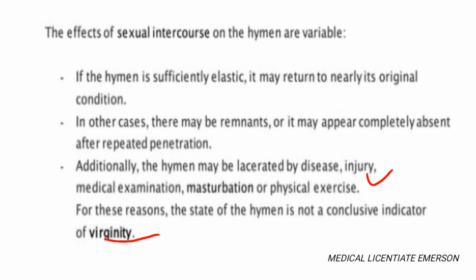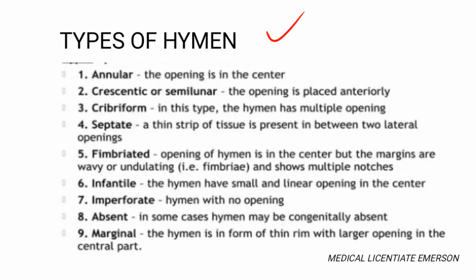So that's the thing you have to know about the hymen. Then types of hymen: we can have an annular hymen, where the opening is in the center. We can also have a crescentic or semilunar, where the opening is placed anteriorly. We can also have a cribriform, where the hymen has multiple openings. We can also have a septate, where the hymen has a thin strip of tissue present in between 2 lateral